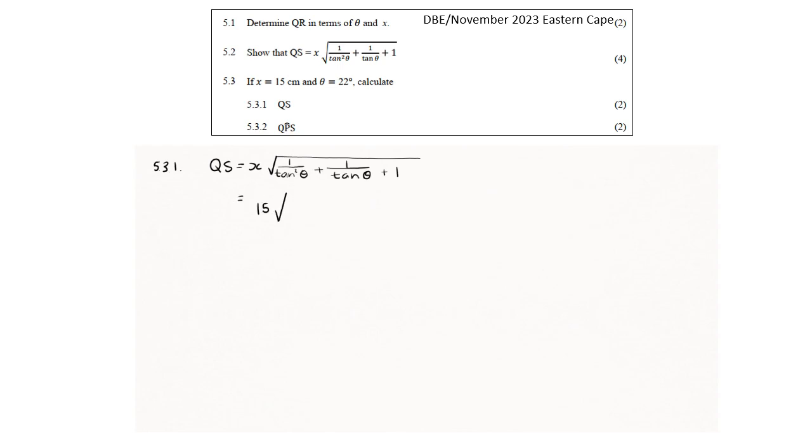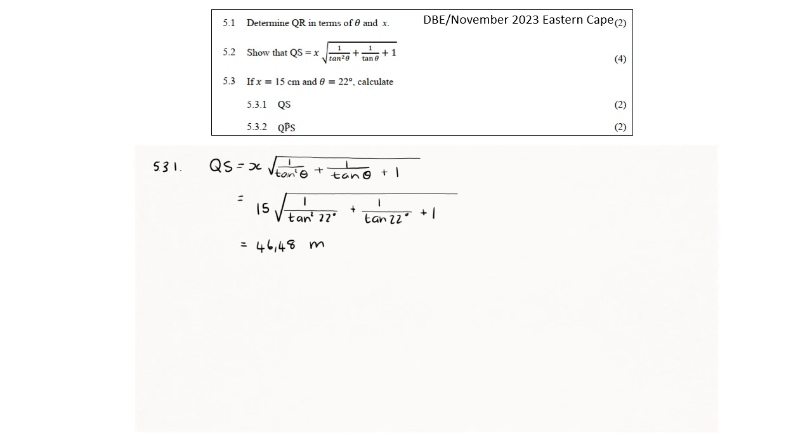So now we simply put these values into the equation, and then QS is equal to 15 times the square root of 1 over tan squared of 22 degrees plus 1 over tan of 22 degrees plus 1. And if we simplify this using our calculators, which we may use in this question,